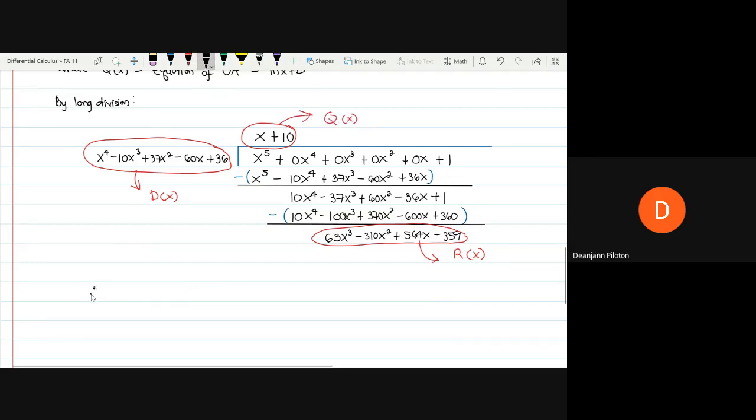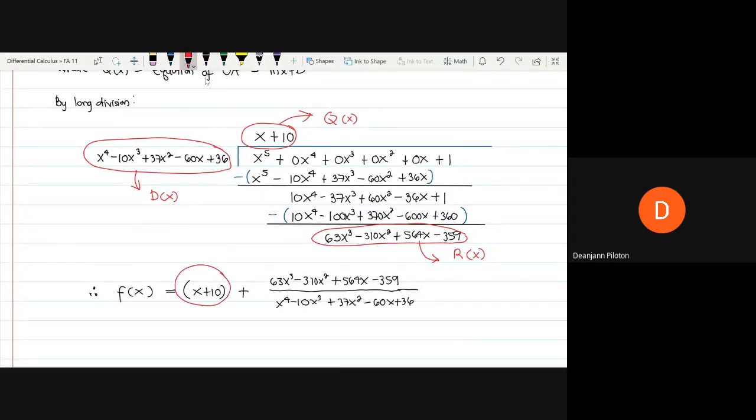Now we can write the given f of x, although it is not required, by rewriting its form as equal to x plus 10, which is the p of x, plus your remainder 63x raised to 3 minus 310x raised to 2 plus 564x minus 359 over the d of x, which is x raised to 4. But our target here is the q of x, so that is fine. Our final answer now is